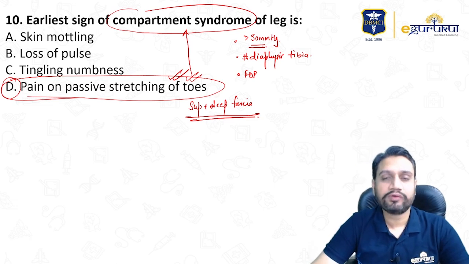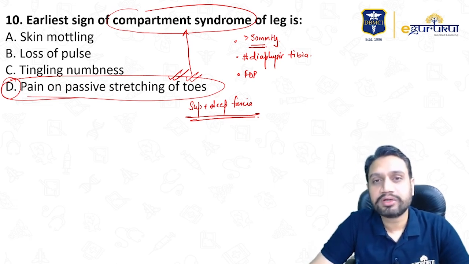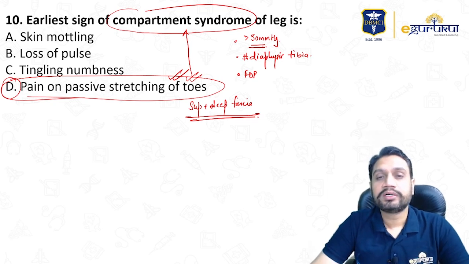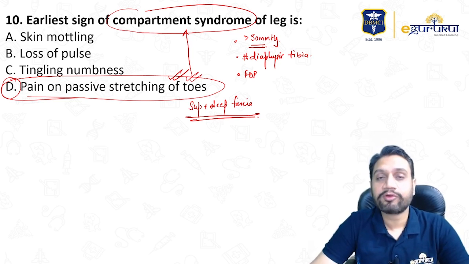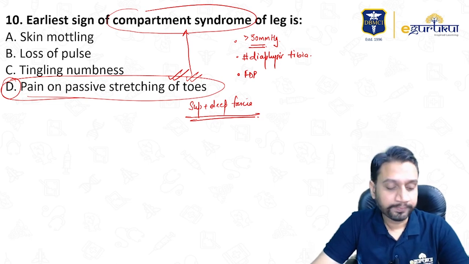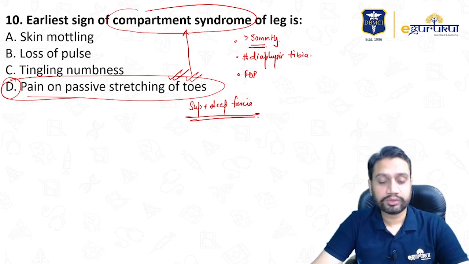Other than that, obviously topics like fat embolism syndrome and its clinical presentation are again very, very important. Osteochondritis, like Kienbock's disease, Kohler's disease, Sever's disease and traction osteochondritis, are again important from the AIIMS and INI CET point of view. So these were the questions that I wanted to discuss with you.